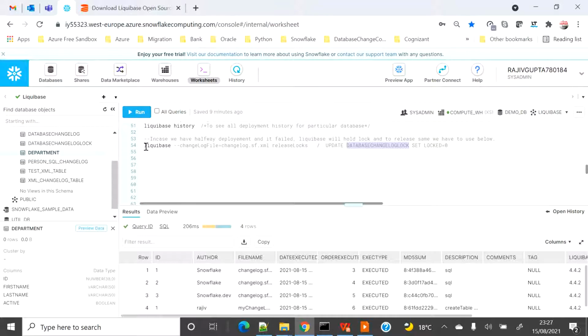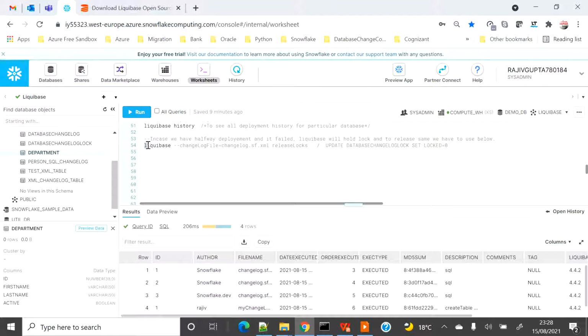So you can use the Liquibase changelog file name which failed and then release lock. When you run this, it will execute this statement behind the scenes. It will go and update the changelog lock table, and this table always contains only one entry, one row, and it will get updated with the lock equal to 0, and then you are good enough to deploy any other change set.